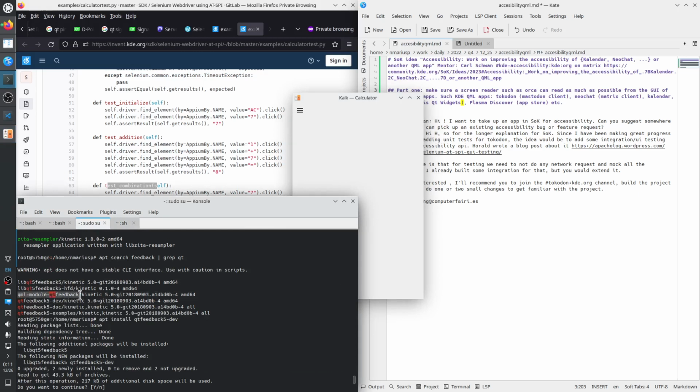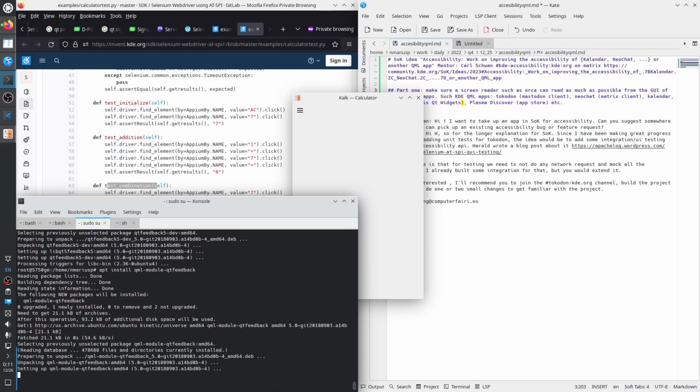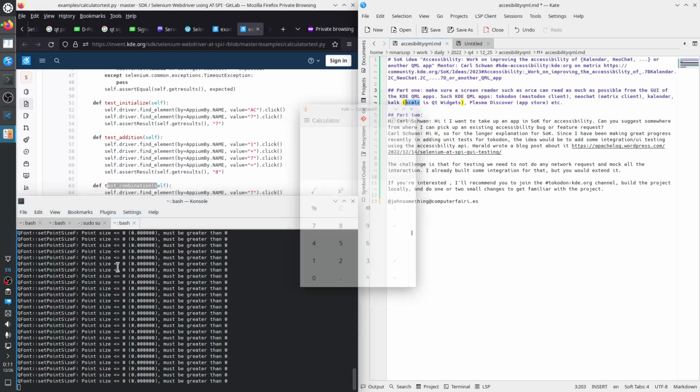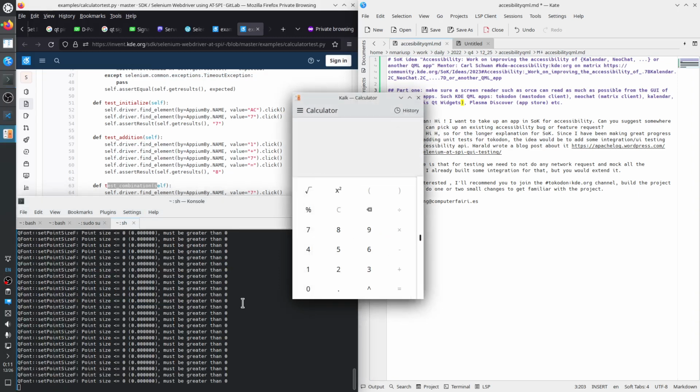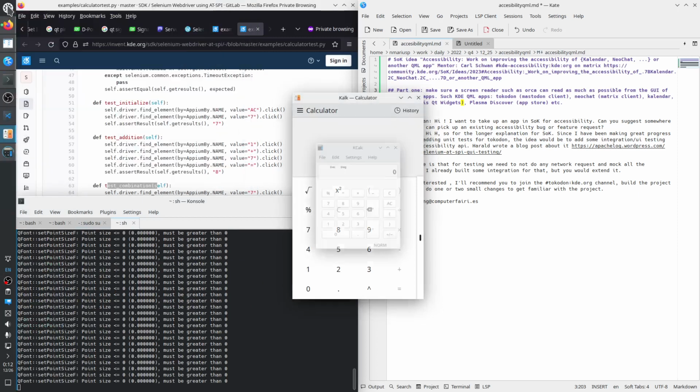This is what it probably requires. Okay, so similar applications, but different